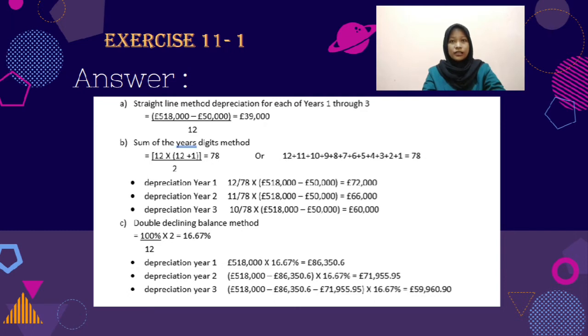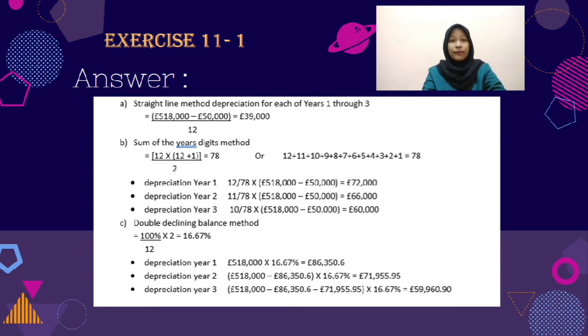In parentheses 12 multiplied by in parentheses 12 plus 1 divided by 2 is 78, or 12 plus 11 plus 10 plus 9 plus 8 plus 7 plus 6 plus 5 plus 4 plus 3 plus 2 plus 1 is